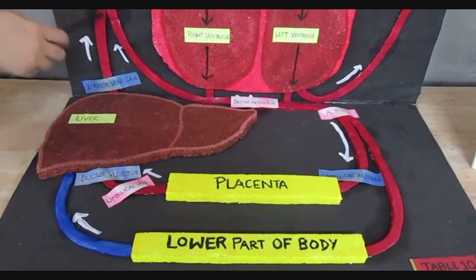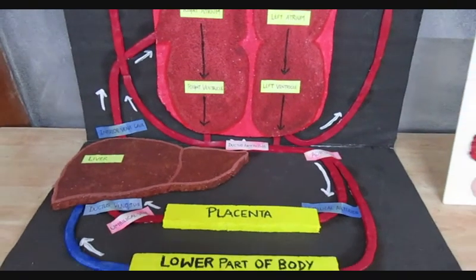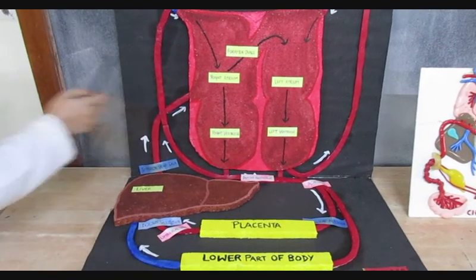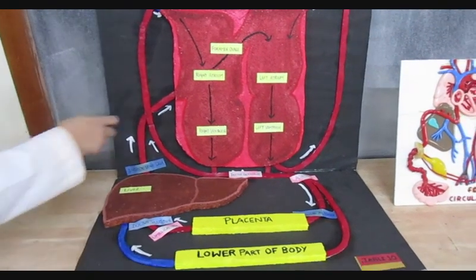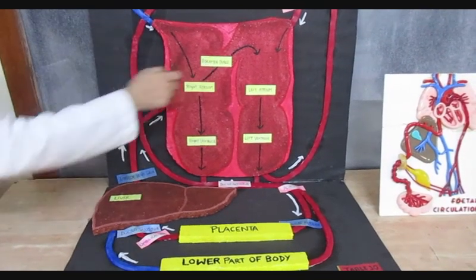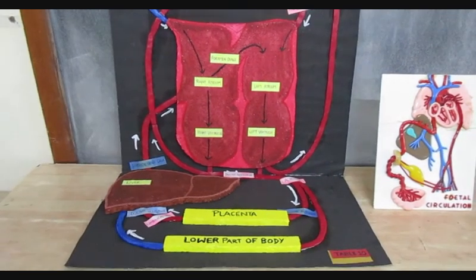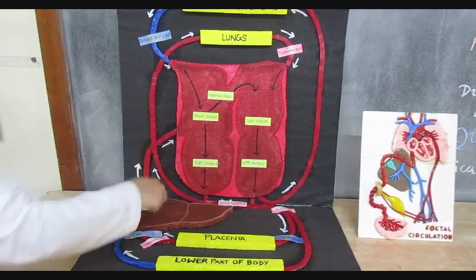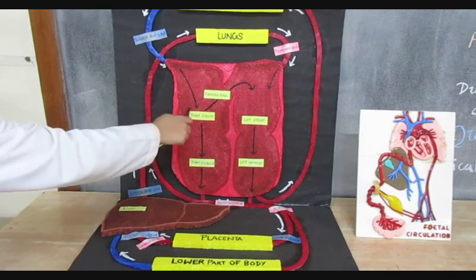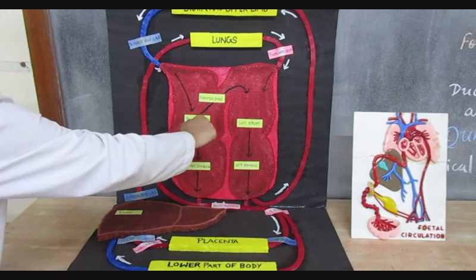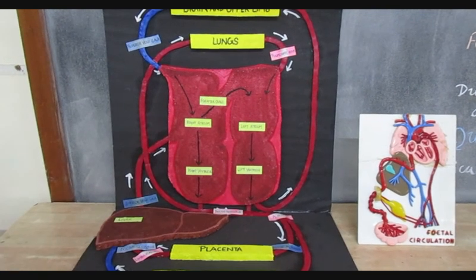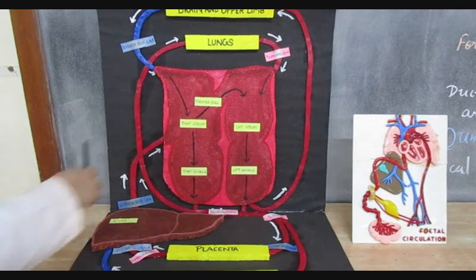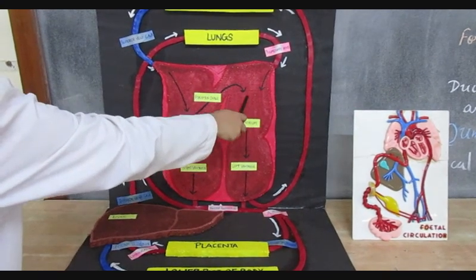So this 80% saturated blood is going to enter the right atrium, and from the right atrium there is a valve of the inferior vena cava called the eustachian valve, which is going to shunt most of the blood, that is 80% of the blood which is coming to the right atrium via the inferior vena cava mixed with the umbilical vein blood. So that 80% of blood coming to the right atrium is shunted via the foramen ovale, because right atrial pressure is more compared to the left atrial pressure. So it is shunted via the foramen ovale, which is the second shunt.